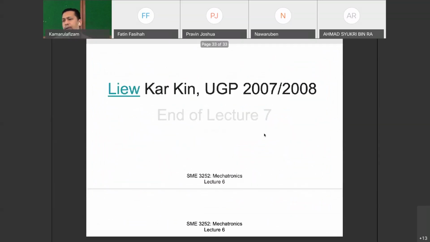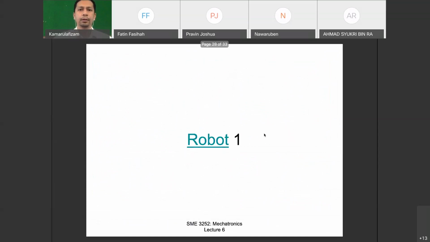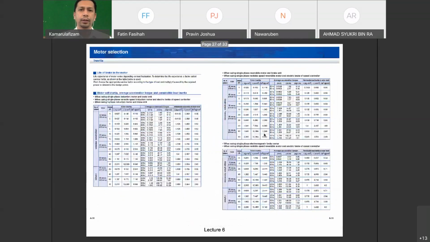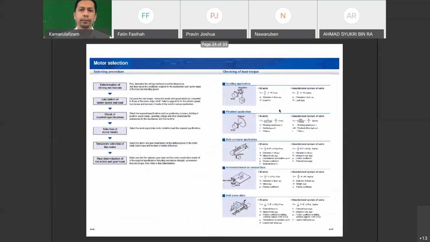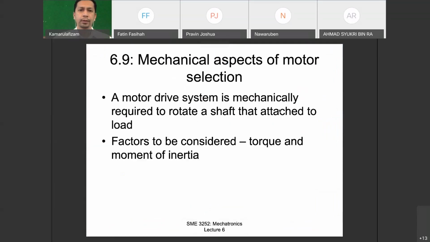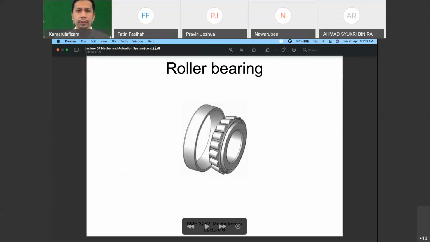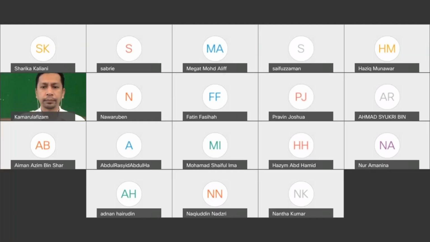Yeah, that's more or less the end of lecture 6 and lecture 7. Okay, the last slide is on the mechanical aspect of motor selection. Now this is the next topic. Okay guys, I think more or less we have covered